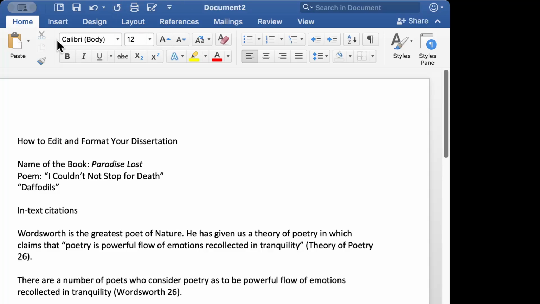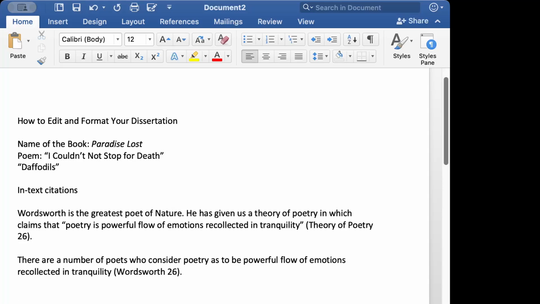Now, what happens at times you write the name of the text already. For example, you say in his essay Theory of Poetry. I'm not writing the exact name of this essay. I'm just assuming, just to explain you.